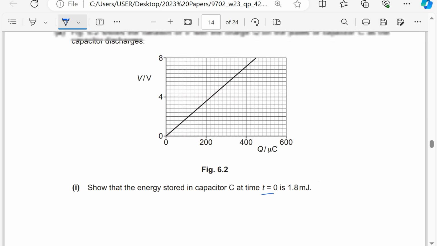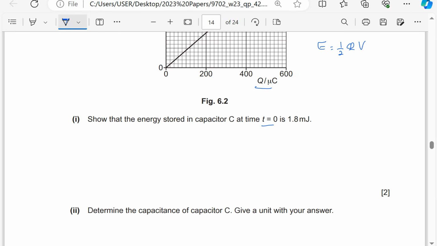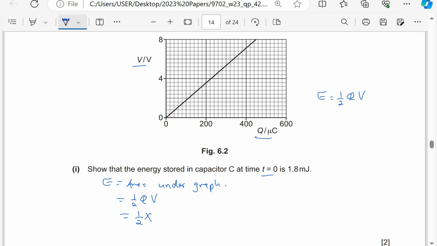So of course the energy stored is going to be, because this is V against Q, the energy stored is equal to a half QV, or it is a half CV squared, which is the area under the graph. So the energy stored is equal to the area under the graph. So this is a half Q times V. So this is going to be a half times Q, which is,